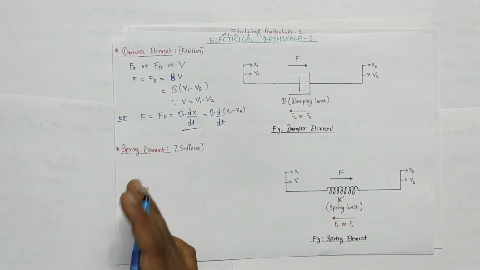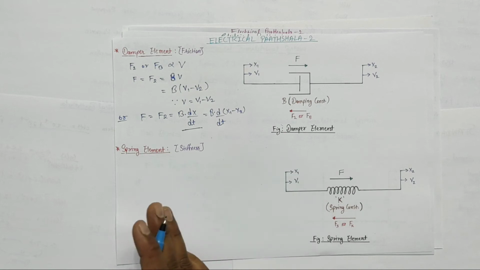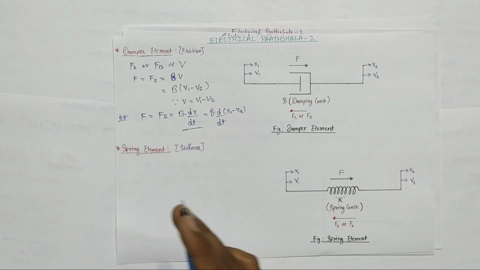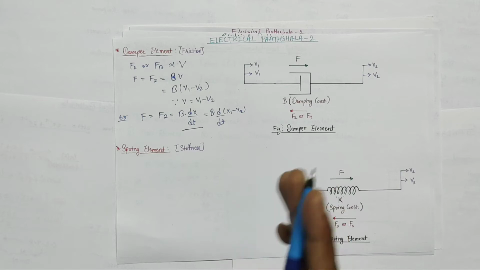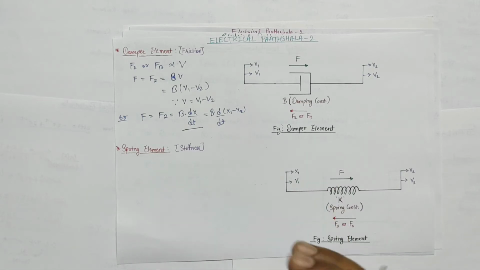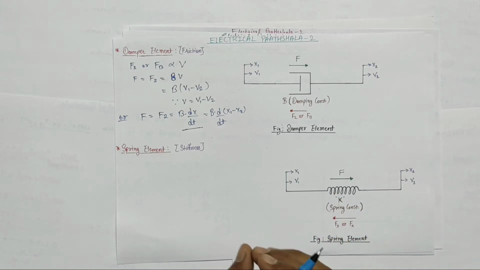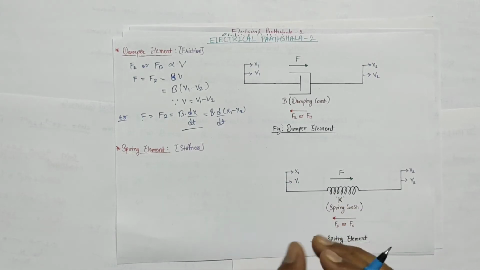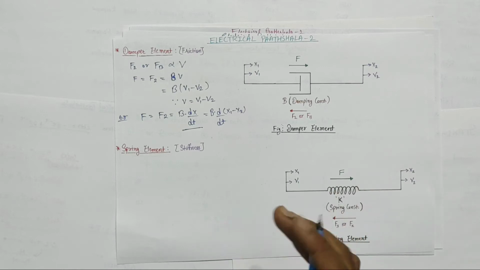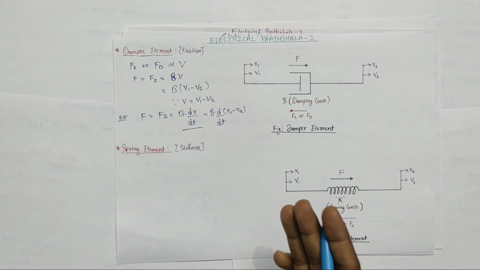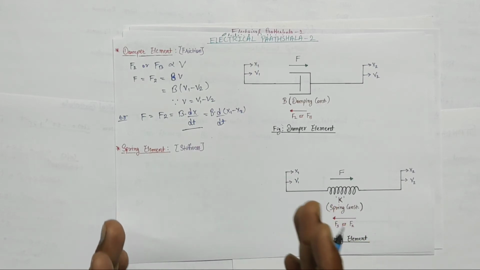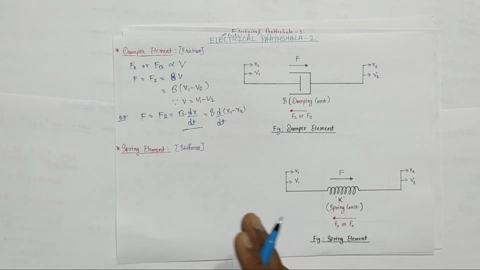Now our third element is the spring element, which shows the stiffness of the body. So what happens when an external force is applied on an object, then depending on the direction of that force, that object gets stretched or contracted, which causes deformation in its normal shape and size. Now stiffness is the extent to which an object resists deformation in response to the externally applied force. So when an external force is applied on a body, then due to the stiffness of that body, there will be a resisting force which opposes the deformation of that body, and this resisting force acts in the opposite direction of the externally applied force.